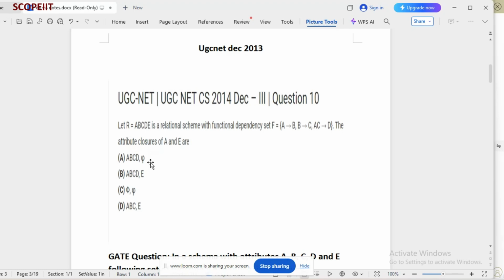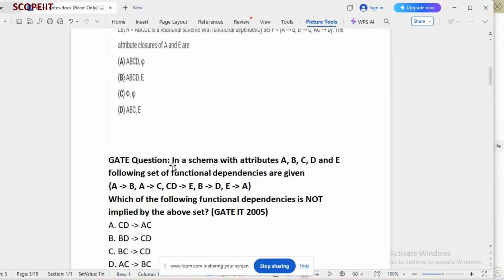Many students have answered A, I know, because it's a phi, right? Don't think like that. Because as per the reflexive property, if we find the reflexive for E, the reflexive of E is already E. So if we find the closure of E, then the answer is E, not phi. Understood? For closure property, the answer can never be phi. Because whatever is there on left hand side, first of all, we'll write that one. The correct answer for this question is option B. Clear? Next, let us scroll down.